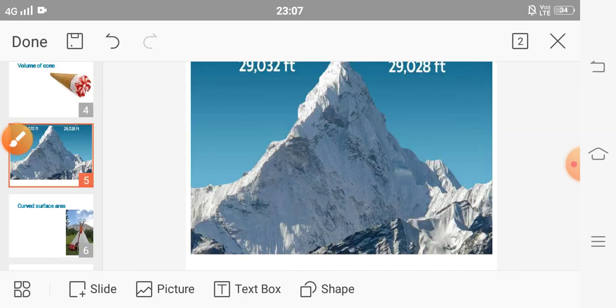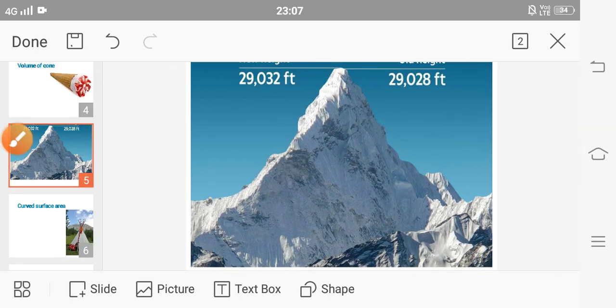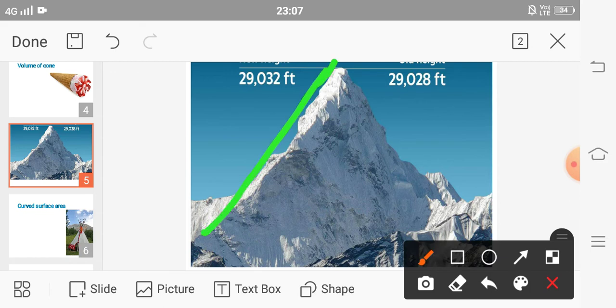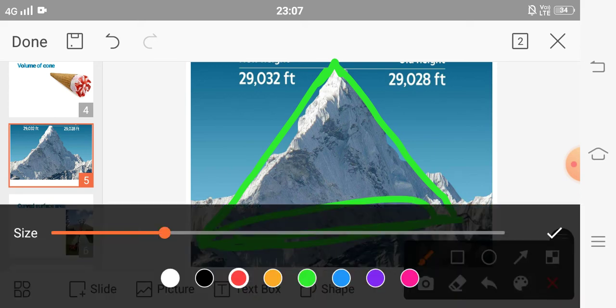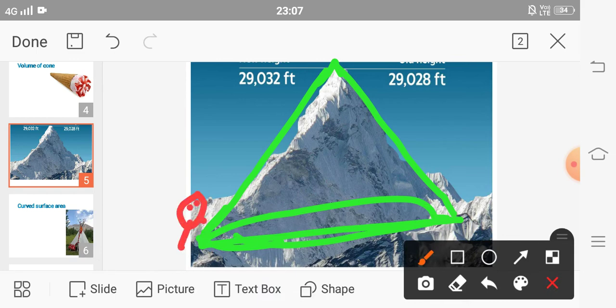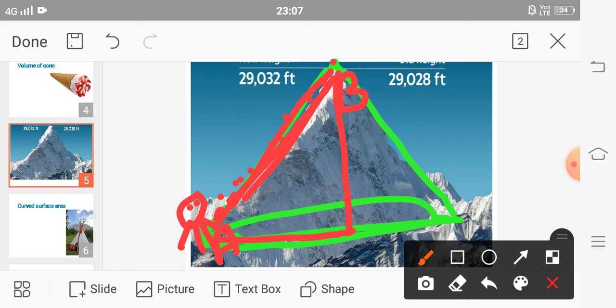If we observe this mountain, it is in cone shape. If a person or a boy wants to travel from point A to point B, then he travels from point A to point B in this way. This is called slant height, and this height we find out by using Pythagoras theorem, because